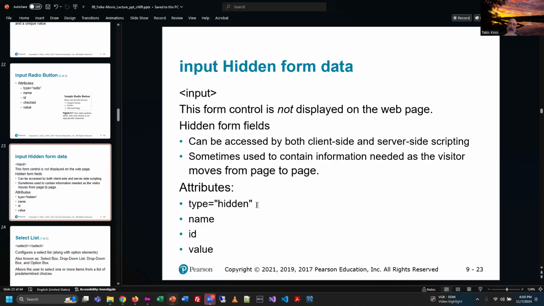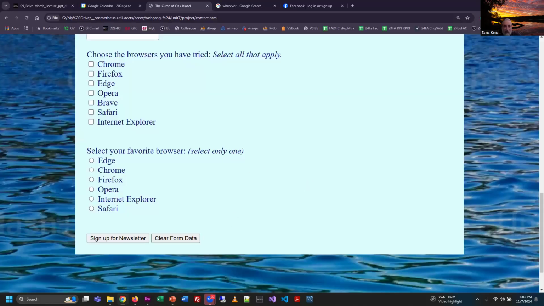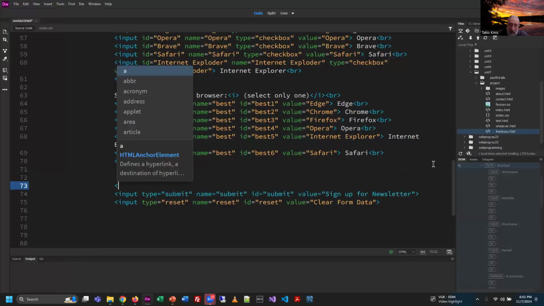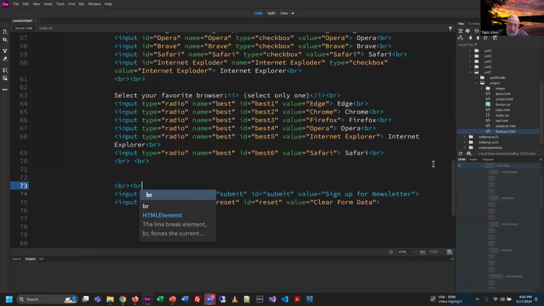All right, so whenever I try to explain this one, especially if you're brand new to doing HTML, it's like, all right, so you're going to create a form element, but it's going to be hidden. Like, why would you do that? All right, well, there are reasons for this. So I'm just going to give you a really quick little example here. And I used to do this a lot when I would code e-commerce systems, for example, because if I was